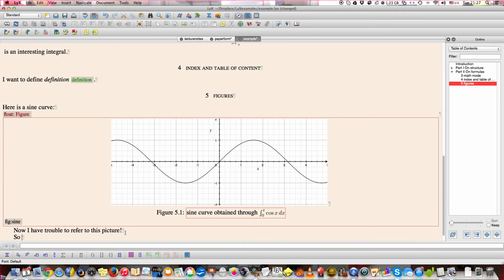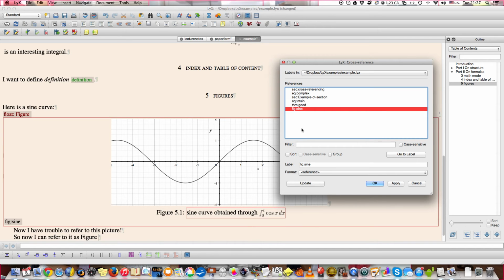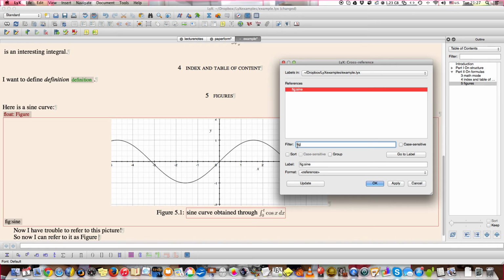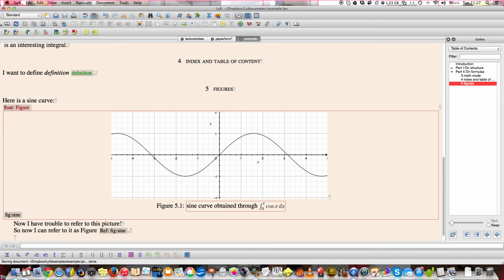So now I can refer to it as figure, and then use again cross-reference here, and it's a figure. When you have a lot of references, you might want to use a filter. So for instance, I know that it's a figure, I might filter with things that start that way, and then I have only one choice. Okay. And so now, if we look again at what we have,